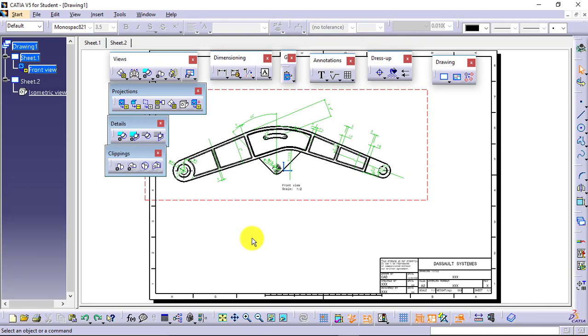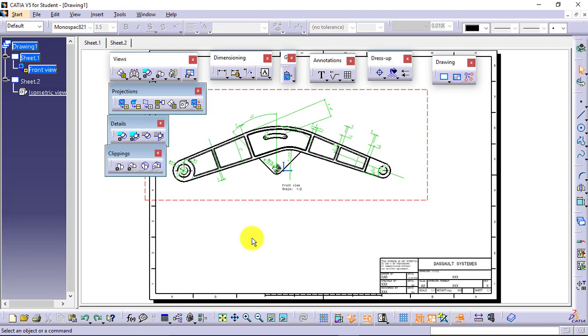But in orthographic views, whatever the projection is, it is generated perpendicular. If you have the front view, then you can generate the top view, the side view, the bottom view. In auxiliary view, you will be able to generate the views at any angle you want.